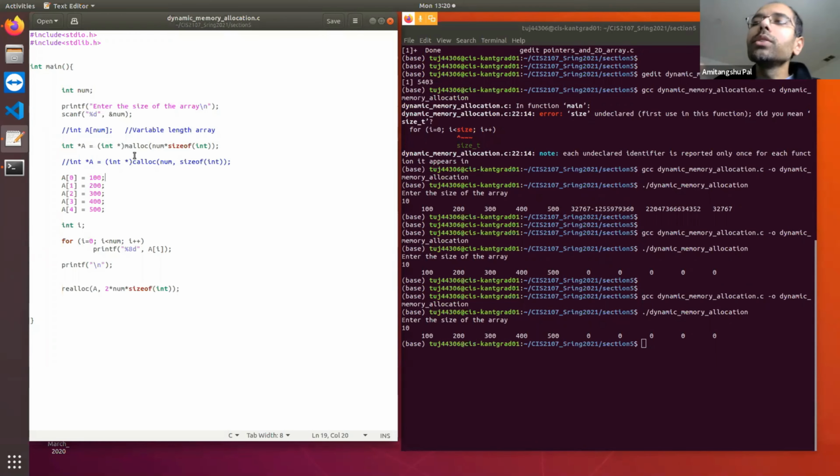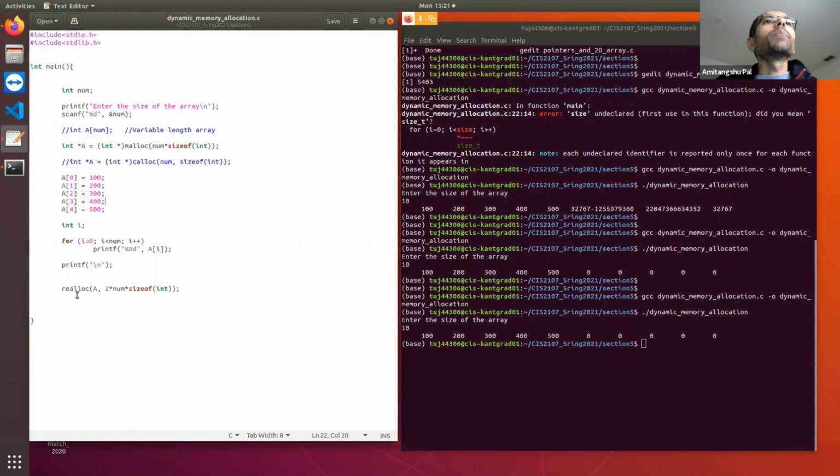But that will not ensure that the 2 mallocs are allocating memory in contiguous locations. In the heap, wherever there is available space sufficient for the amount of memory you are trying to allocate, the compiler will allocate that memory. So it will not ensure that 2 mallocs allocate memory in 2 contiguous locations. Clear? Here I want num integers in contiguous location. Here I want 2 into num integers but in contiguous location.